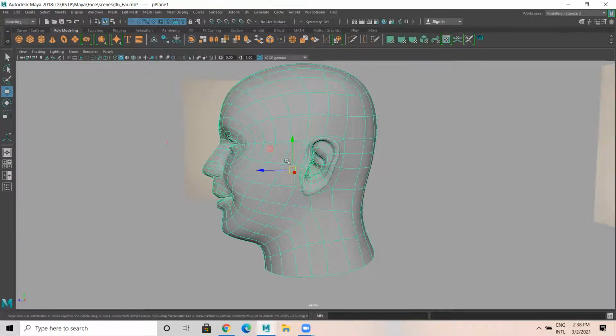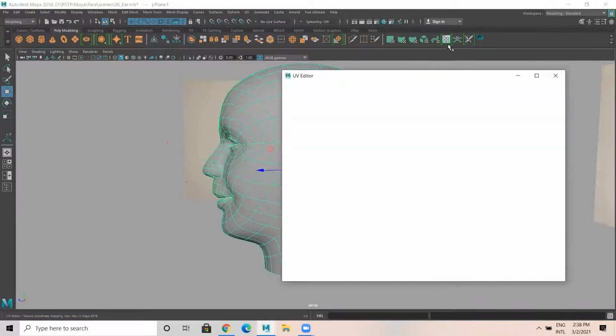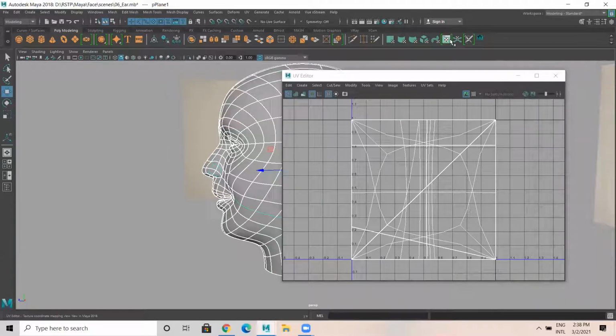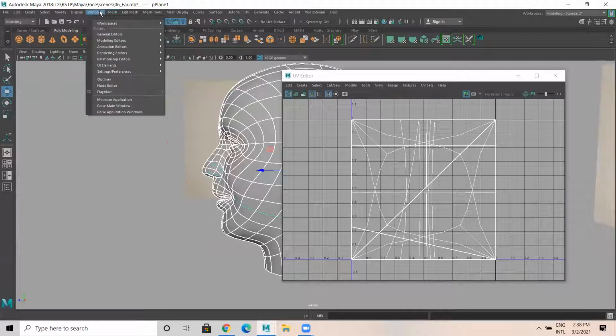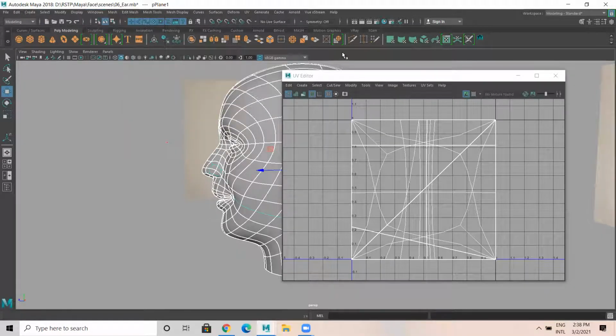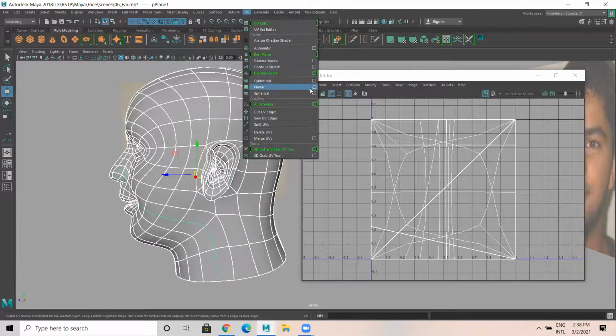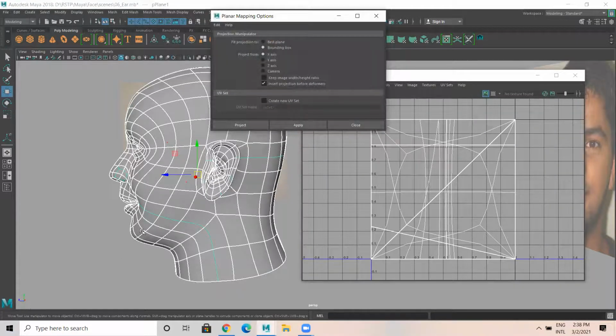So this is a side view. Let's unwrap. This is a UV texture editor. This particular box. See here. The same UV texture editor is here in Windows, modeling editor, UV editor. Anyhow, in the basics part you have seen in the last sem, for the texturing part, for interior texturing and all you have done. So under UV planar mapping, I would like to unwrap this in x-axis. X-axis, apply.